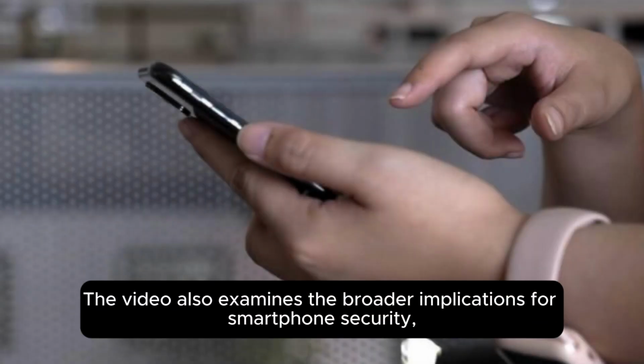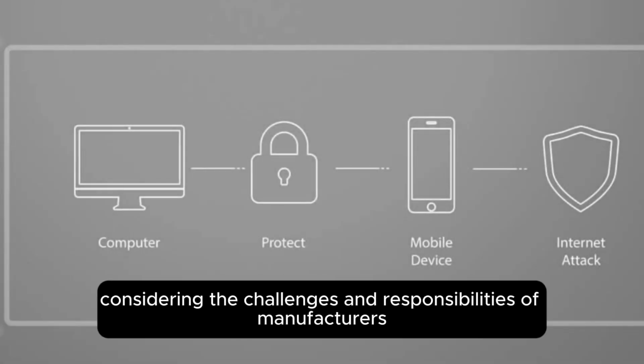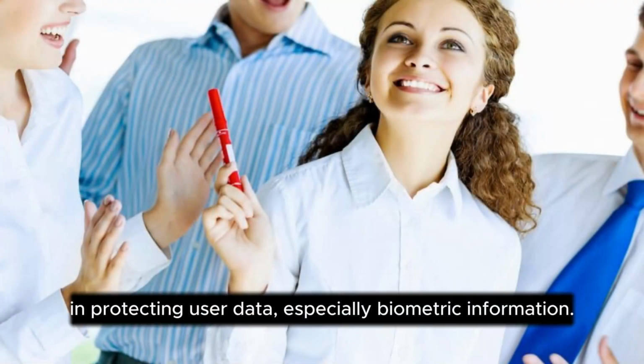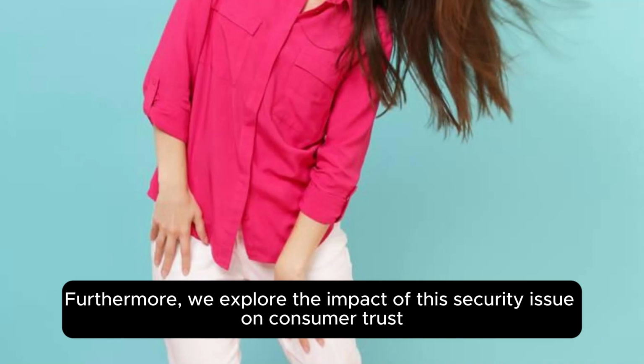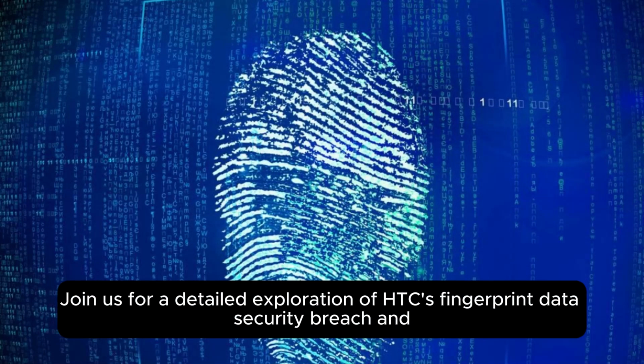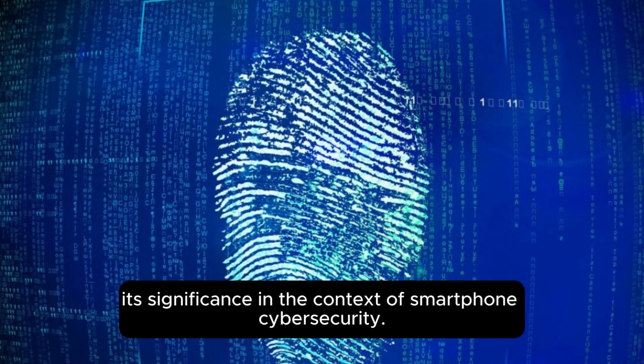The video also examines the broader implications for smartphone security, considering the challenges and responsibilities of manufacturers in protecting user data, especially biometric information. Furthermore, we explore the impact of this security issue on consumer trust and the importance of robust security measures in the era of increasing reliance on biometric authentication. Join us for a detailed exploration of HTC's fingerprint data security breach and its significance in the context of smartphone